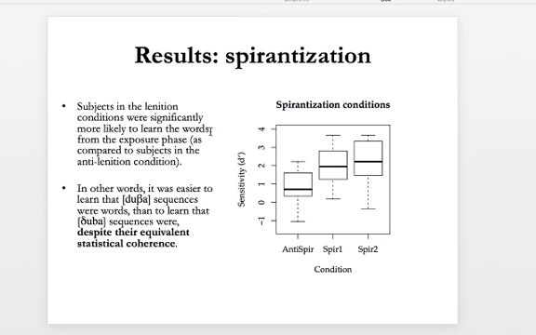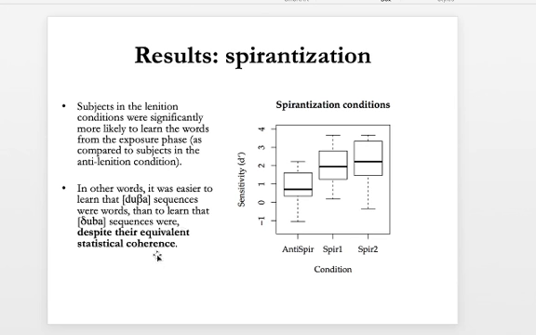Here's what we find in the spirantization context. This is going to be the sensitivity, again, hits minus false alarms, in the anti-spirantization condition, in the first spirantization condition, and the second spirantization condition. And as you can see here, subjects in the lenition conditions were much more likely to learn the words from the exposure phase as compared to subjects in the anti-lenition condition. In other words, it was easier to learn that sequences like dua were words than to learn that the complementary luba sequences were words,